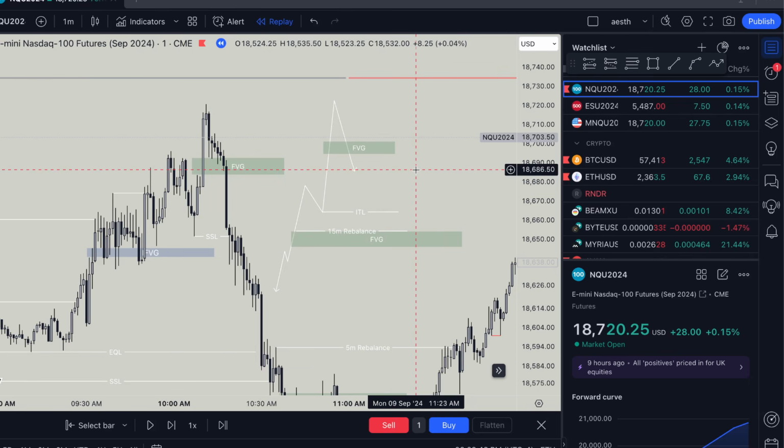Maybe internally, are you missing something on the higher time frame? Are you trading at the wrong times? Are you trading from 11 to 1 p.m., times where you just shouldn't be really taking trades? And have you backtested how you're entering? If you're trading the way me and Blake do, then statistically, it works.